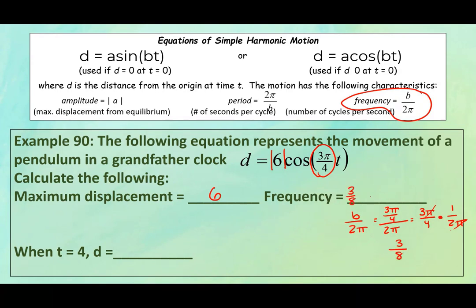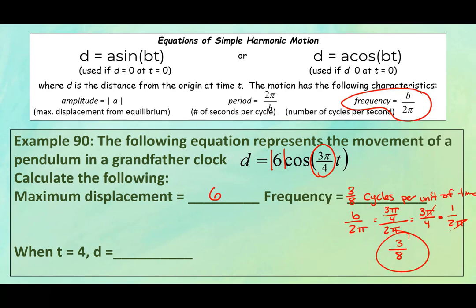So 3/8 cycles per unit of time. In this case, they don't give us seconds or minutes, so we're just going to say per unit of time here. Forgot the of here. I'll just rewrite it. Unit of time. There we go. Okay. So the last thing we're going to need to find is what is D when t